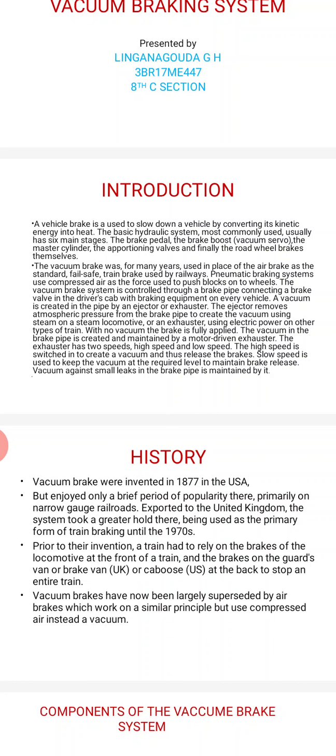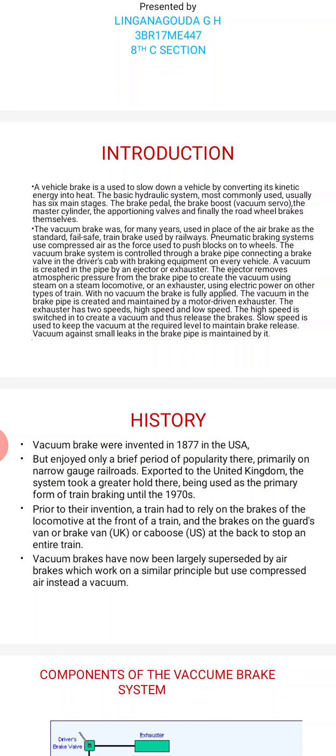History. The vacuum brake was invented in 1877 in the USA but enjoyed only a short period of popularity there, primarily on narrow gauge railroads. Exported to the United Kingdom, the system took a greater hold there, being used as the primary form of train